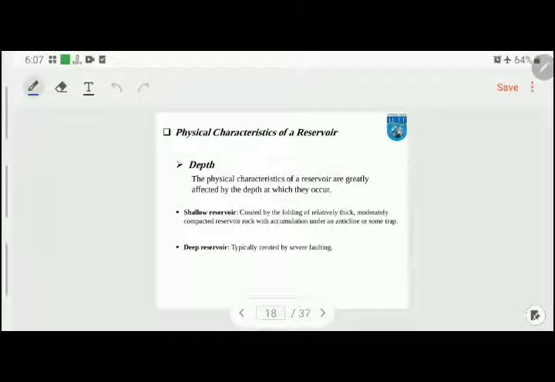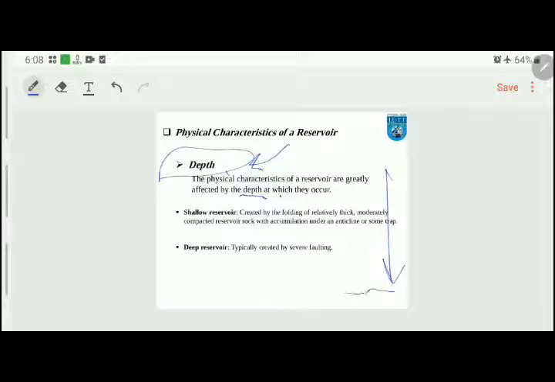Physical characteristics of reservoir. One of the physical characteristics of the reservoir is the depth of that reservoir itself. The physical characteristics of the reservoir are greatly affected by its depth. You notice that if the depth of the reservoir increases, the physical properties of the reservoir become more compacted or more sedimented,